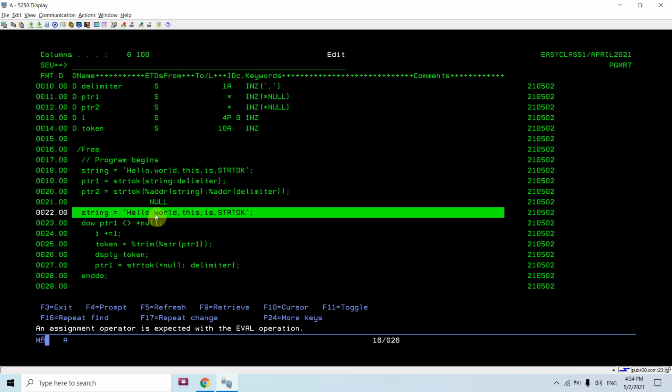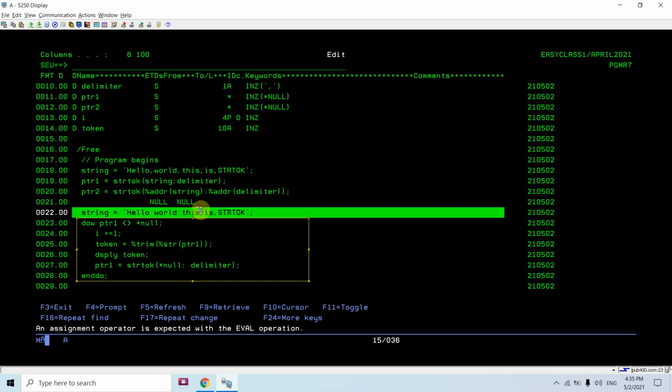Now again it will pass this string, and what it will do is put the null here by replacing this with null. Again, in the do while loop, we'll search for not equal to null, and we'll receive void as the next token.